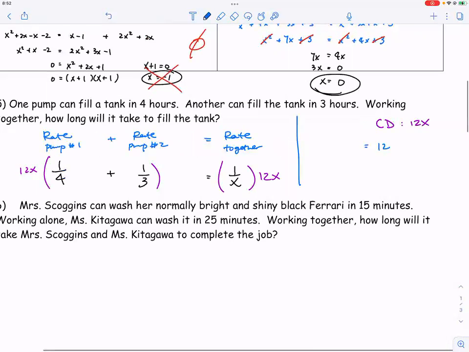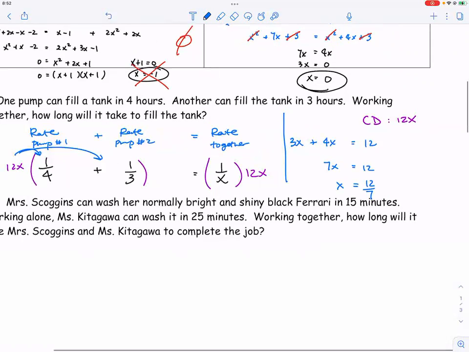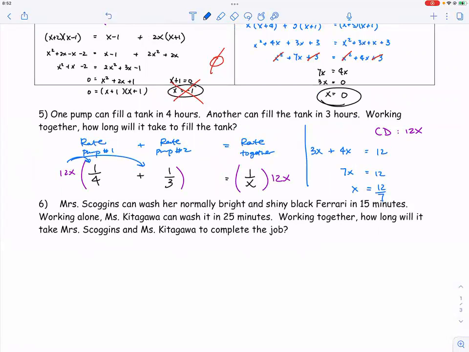On the left, don't forget that you have to distribute the 12x into 2 fractions. So 12x divided by 4 is 3x, and 12x divided by 3 is 4x. So we have 7x is equal to 12. So x is 12/7, meaning that if both pumps are working together,